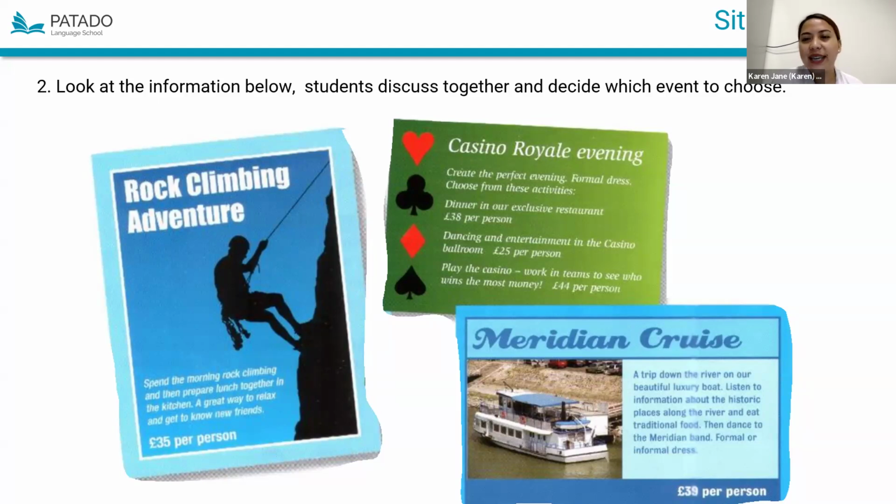And the next one is Spain, where they like formal dress and are more of a classy person. They are the more formal people. So it's a good choice that you have chosen Meridian Cruise because rock climbing would not be enjoyed by the people from Spain, right?